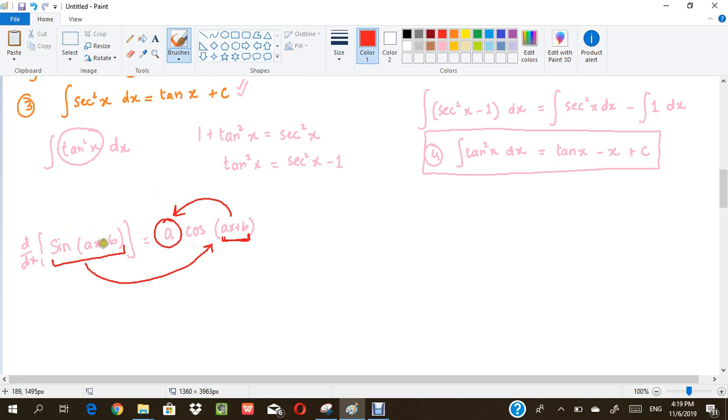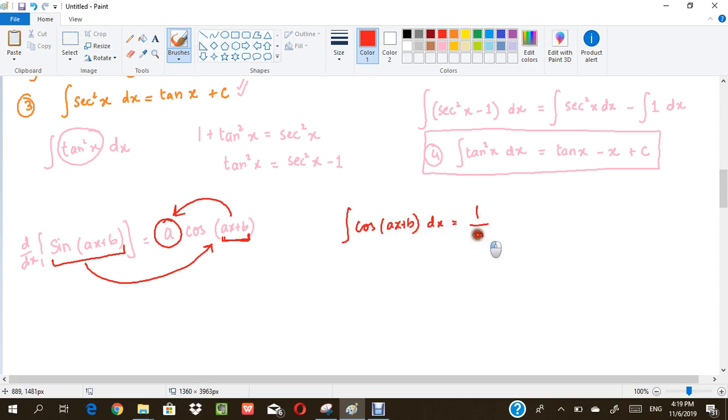Therefore, with the unchanged angle, I first wrote cos(ax + b), and then I multiplied the trigonometric function with the derivative of the angle. So, when I want to reverse this process, instead of multiplying by the derivative of the angle, I am going to divide by the derivative. This gives me three formulae, which are actually extensions of just this. No rocket science here. That is, the integral of cos(ax + b)